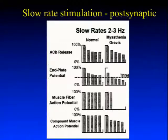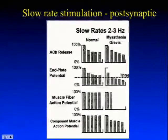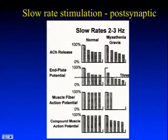So why does that happen? Why do we see that? Well, the reason is normally by giving those repetitive shocks, or temporarily reducing the amount of acetylcholine, the more shocks we give, probably because we're depleting calcium that way, normally, but it never goes below the safety factor, so end-plate potentials in the muscle membrane are always able to